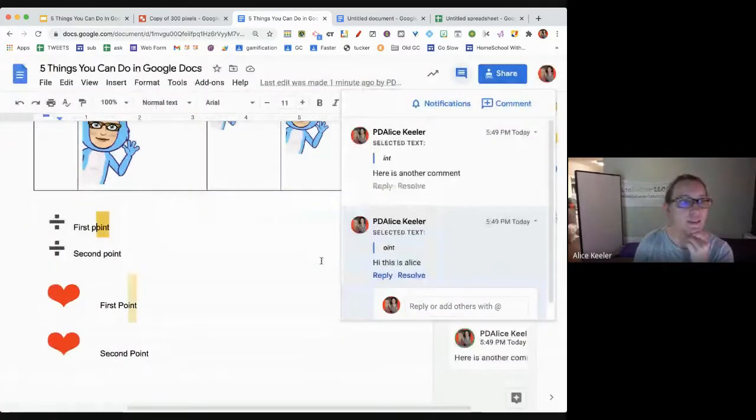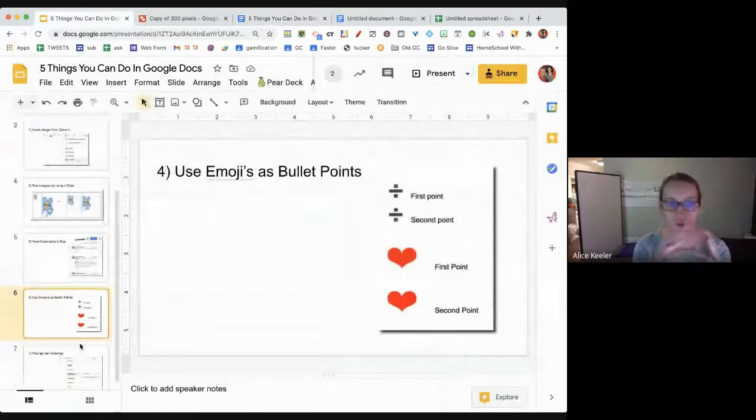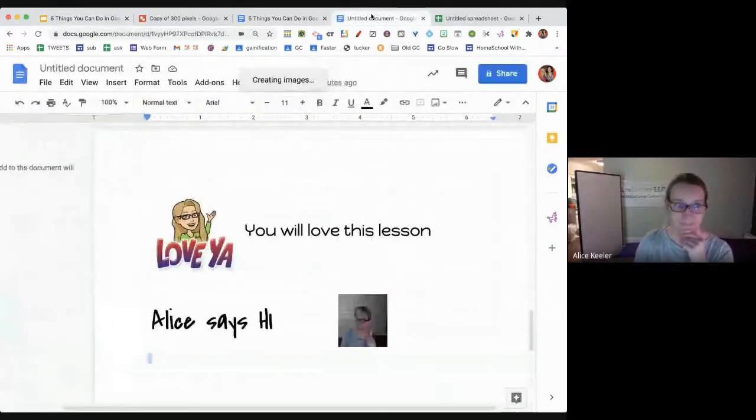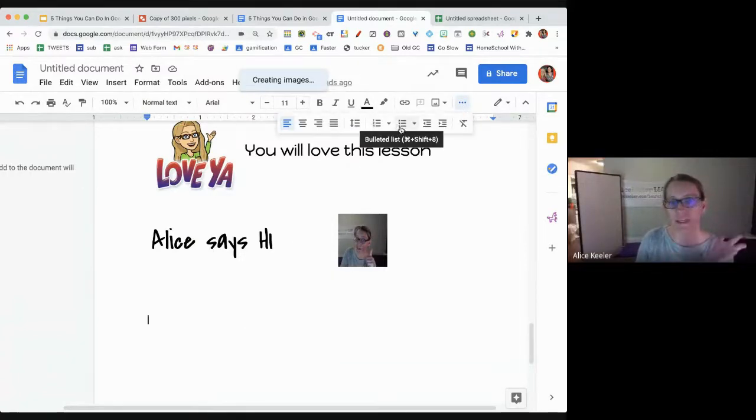Okay. And tip number 4 is, did you know you can use emojis as bullet points? Now I've just thrown you down the rabbit hole. You're going to make all your bullet points into emojis. So in the toolbar, when I choose bulleted list,